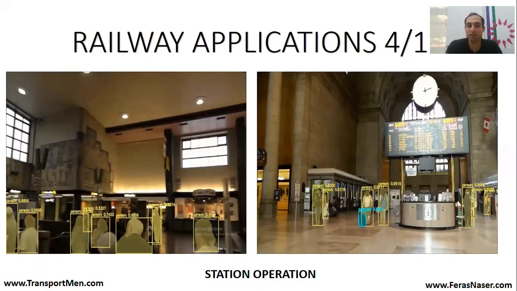We can even apply such models in railway stations. You can see in the image on the left how the model not only detected the people, but detected that this is a person, and the blue color shows this is a suitcase. So it gives a new way of looking at objects within a picture, but of course it did not detect, for example, the clock or the flag, and so on. So there is a limited number of things that it can detect. And in the picture on the left, you can see that several people are being detected in front of a ticket barrier.